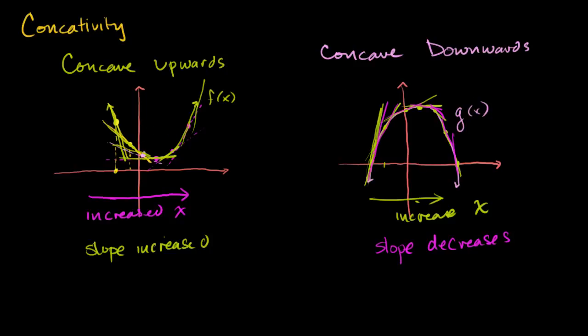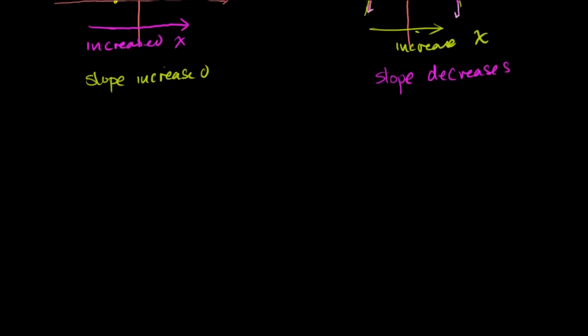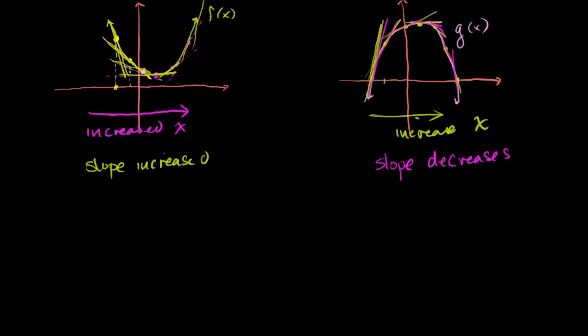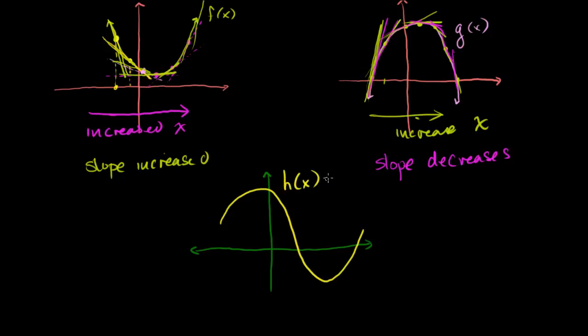So let me draw an example that might have the combination of the two. Maybe I'll leave this around just so we can look at it for reference. Let me draw an axis right there. Not the straightest line in the world, but it'll suit our purposes. And let me just draw some curve here. So maybe I have something that looks like that. Maybe I have a curve that looks something like that. Now, over what interval of this function's domain, maybe I'll call it h of x, is this curve concave upwards